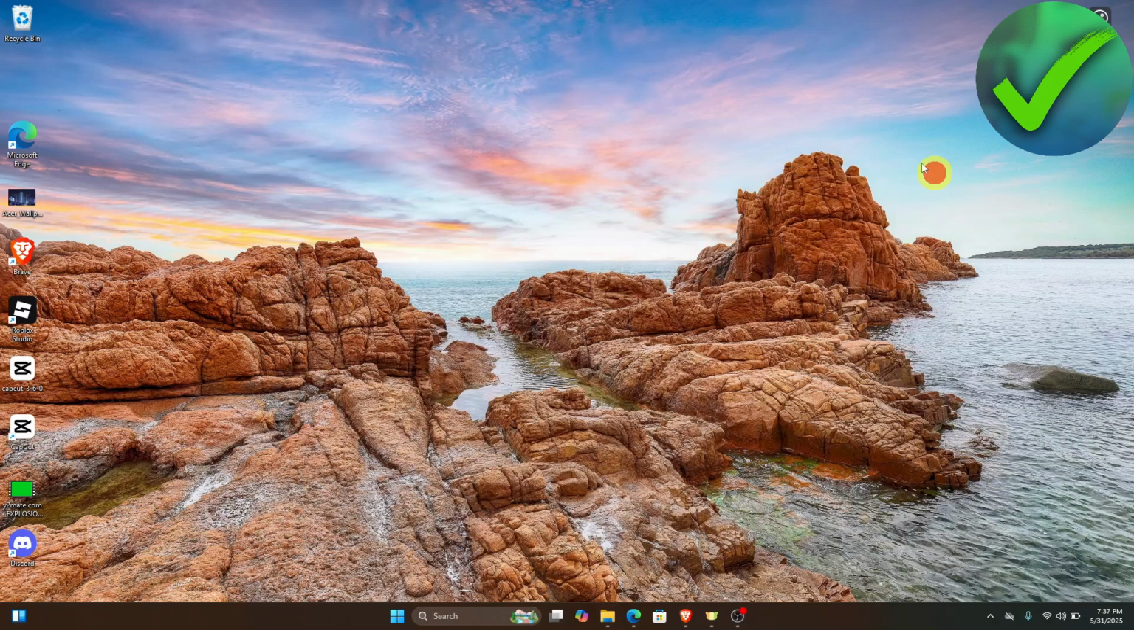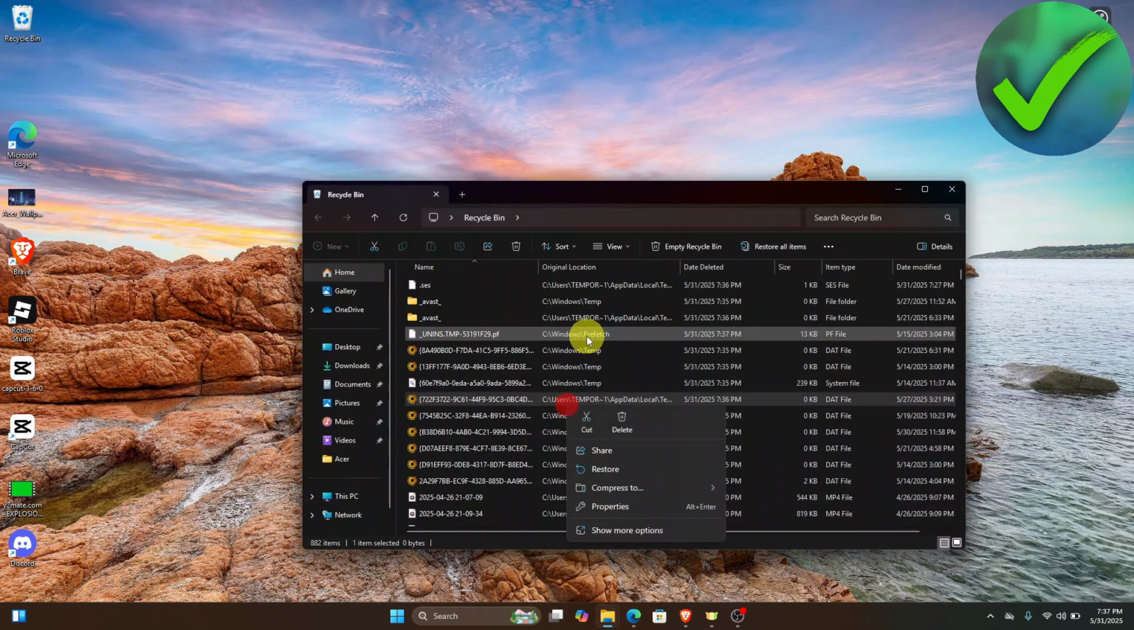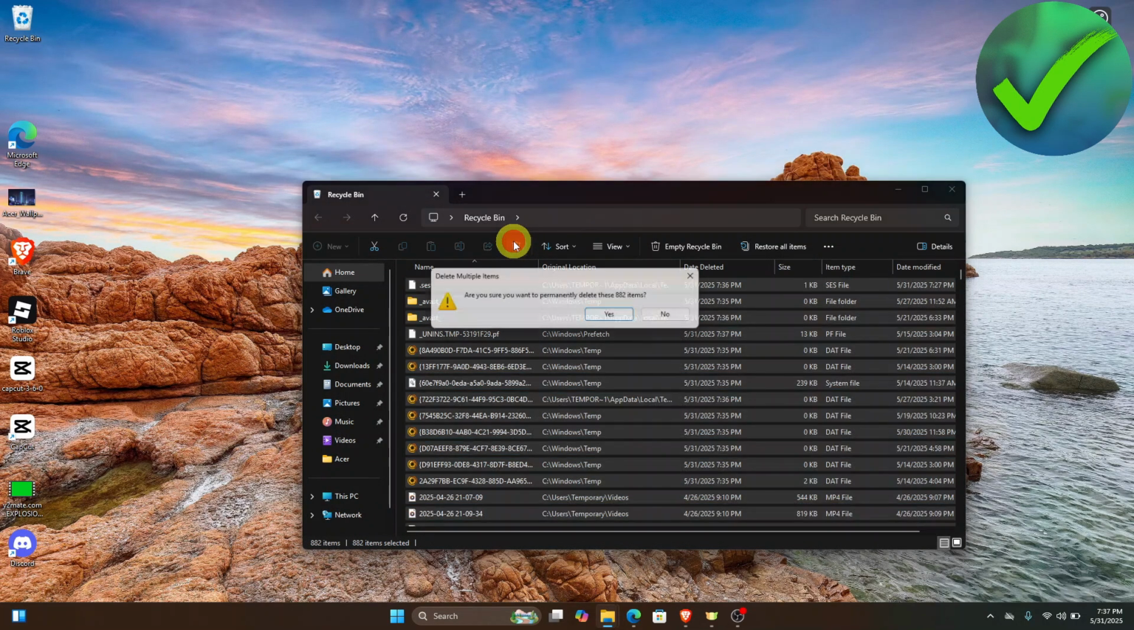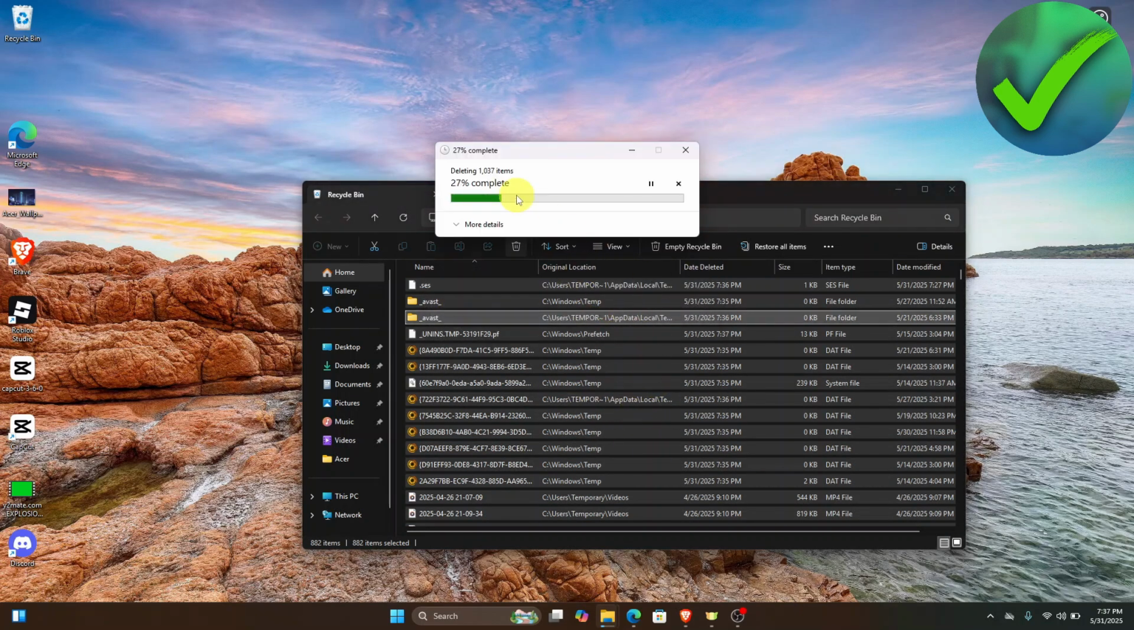Now once you do that, on the recycle bin, which is right here, all you have to do is open it. And then of course select them all again. And then click delete. So now they will be permanently deleted. So just click yes right here. And once it has been permanently deleted, the next thing that we need to do is